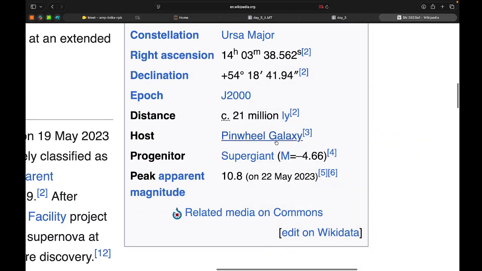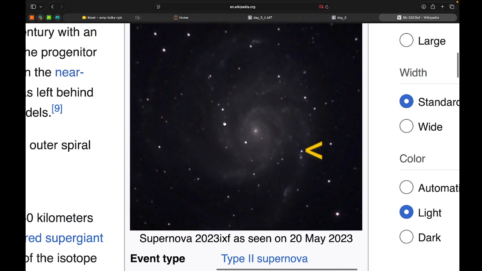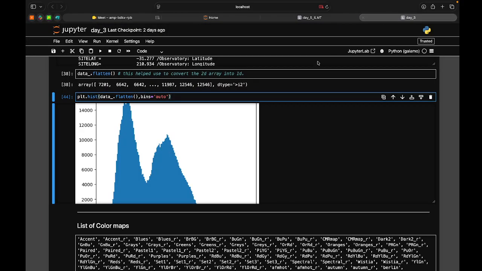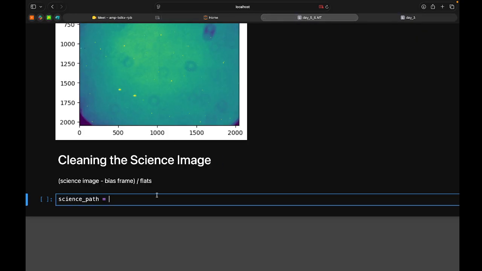So this is from the Pinwheel galaxy, right? The Pinwheel galaxy can be seen from any astronomical telescope, even a backyard telescope, computerized one. If you take some long exposures, you can easily get Pinwheel galaxy images. It is one of the famous galaxies, right? So a similar image we just saw earlier in our